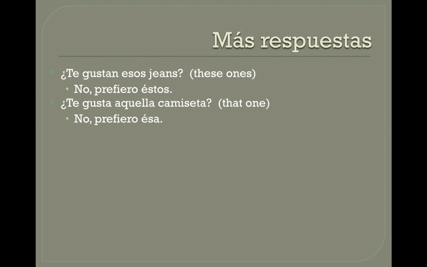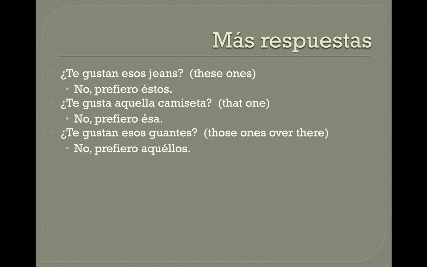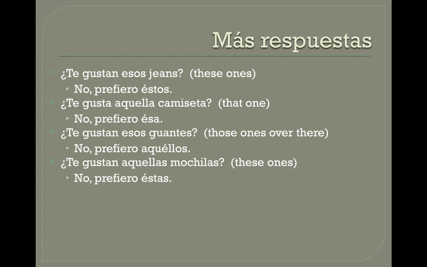Do you like that shirt over there? No, I like that one. No, prefiero ésa. Do you like those gloves? No, I prefer those ones way over there. No, prefiero aquéllos. ¿Te gustan aquellas? Sorry about that. ¿Te gustan aquellas mochilas? No, I like these ones, or I prefer these ones. Prefiero éstas. You can see that estas agrees with mochilas, aquellos agrees with guantes, esa agrees with camiseta, and